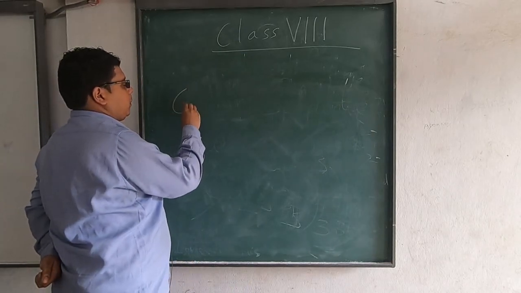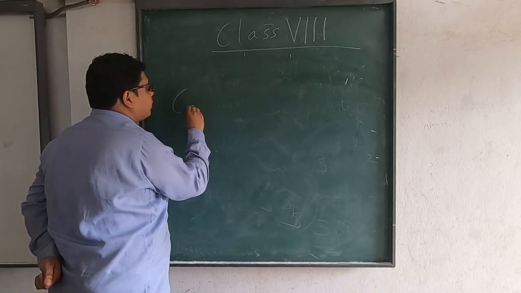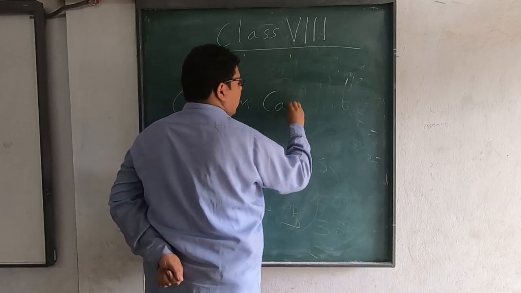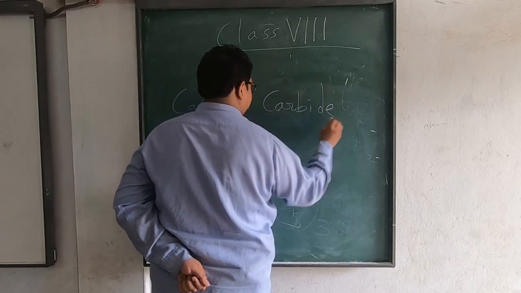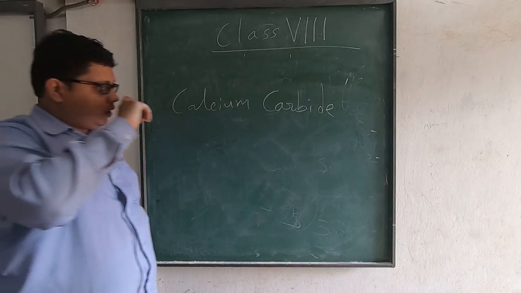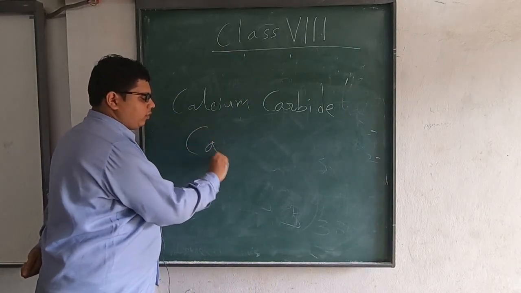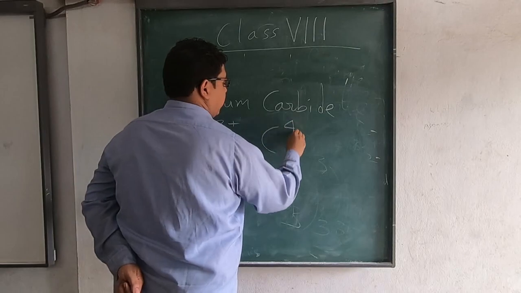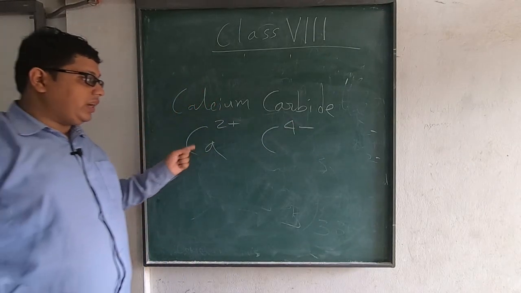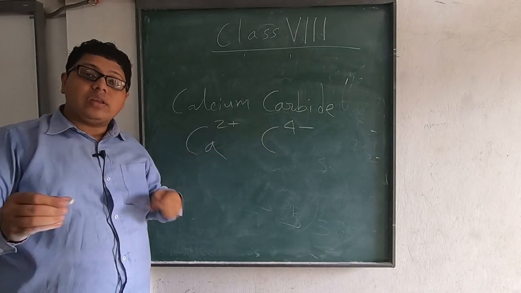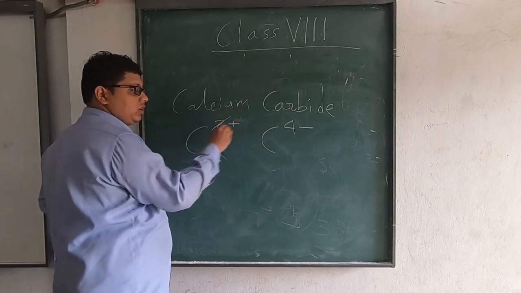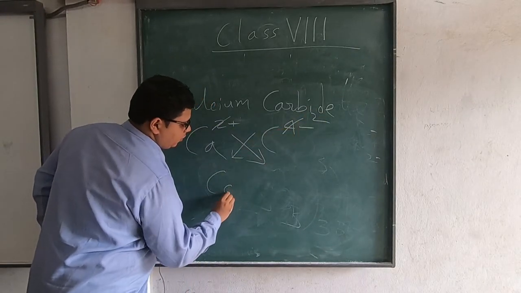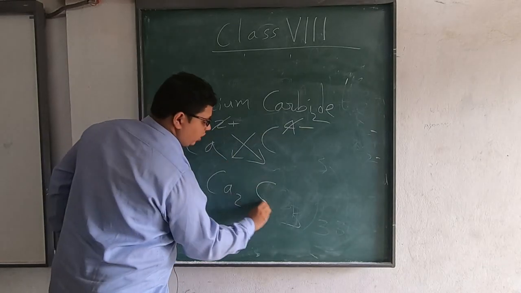Say we are doing, say, calcium carbide, for example. Carbide is given in your book, that's why I'm using it. I think carbide is the only tetravalent one given in your book. So Ca is 2 plus, carbide is 4 minus. So now it is not exactly the same, but 2 and 4 is divisible, so we can cut 2. And then we can do it like this. This 2 will come here, and there is nothing now, 1 we don't write.